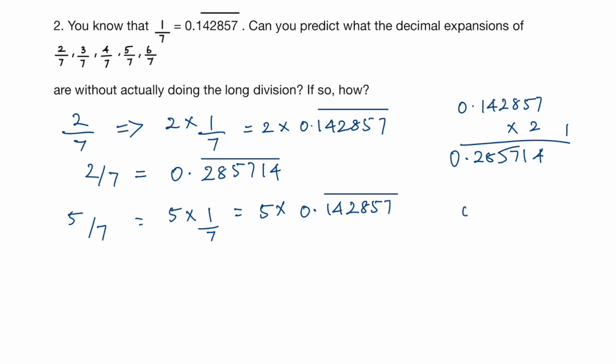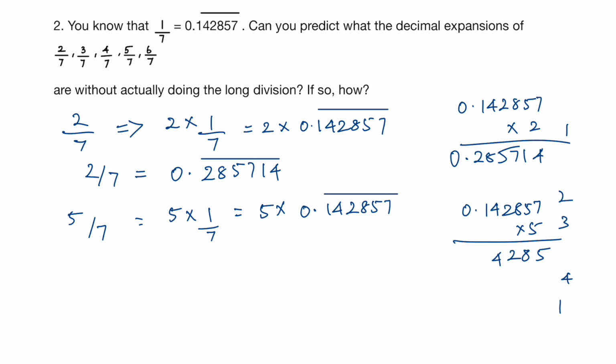Okay, now you're going to take that again, 0.142857 times 5. That is 7 times 5 is 35, you get a remainder 3. 5 times 5 is 25, 25 plus 3 is 28, that gives you a remainder 2. 8 times 5 is 40, 40 plus 2 is 42, you get a remainder 4. 5 times 2 is 10, 10 plus 4 is 14, you get a remainder 1,